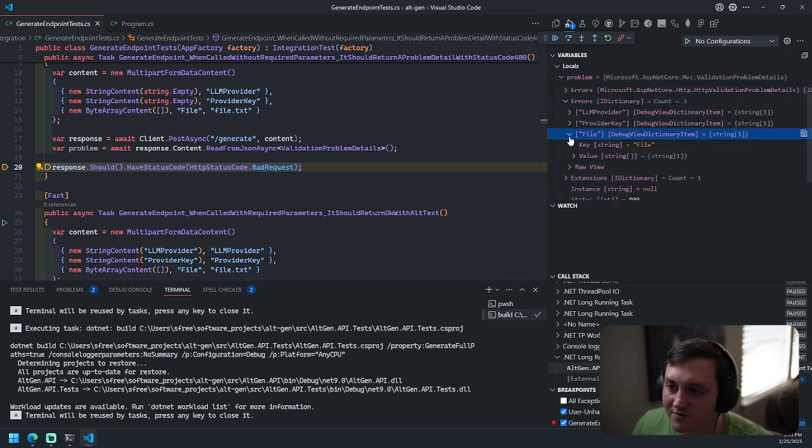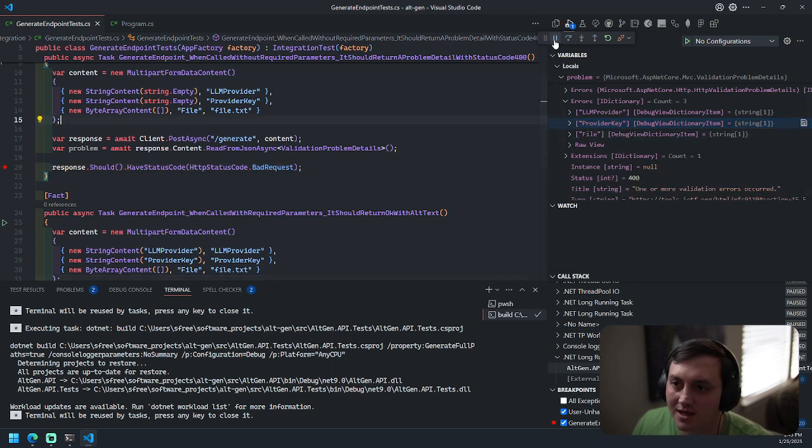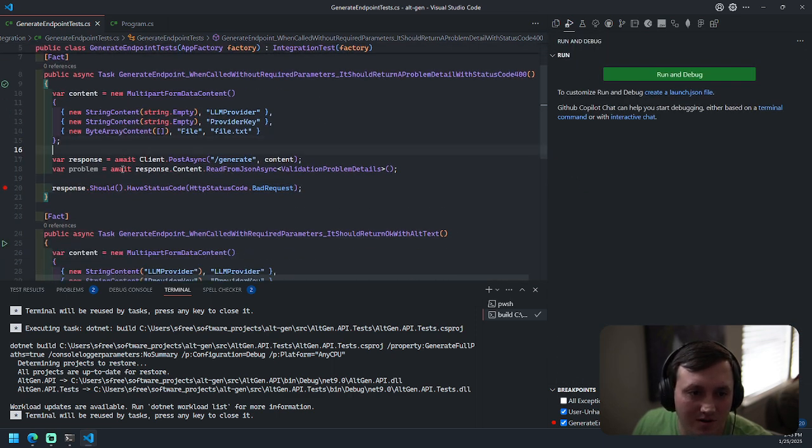Now we have 3. Okay, so they send us an empty file. They don't send us this. Okay, that's the behavior we were looking for.